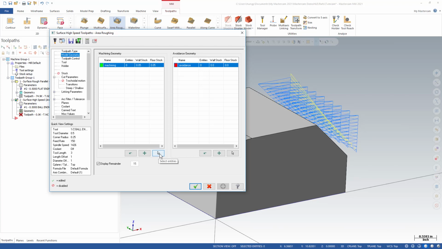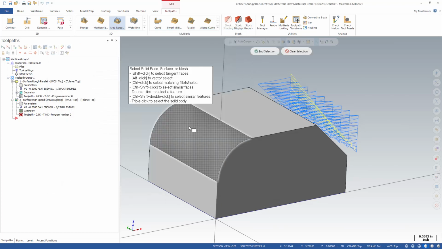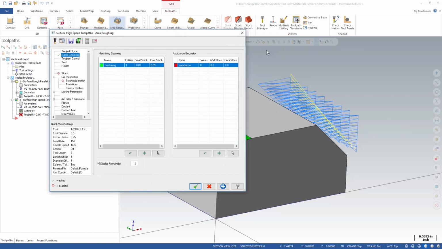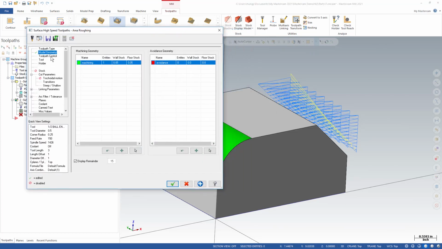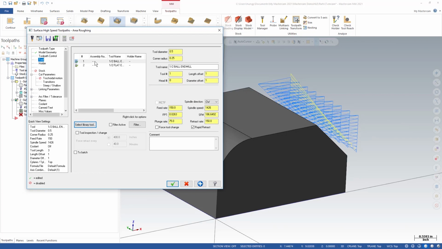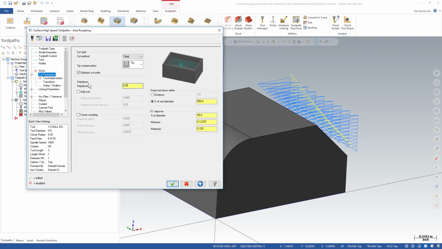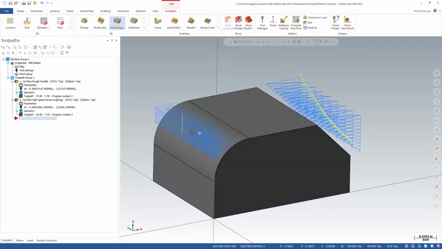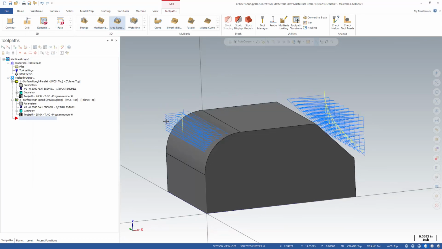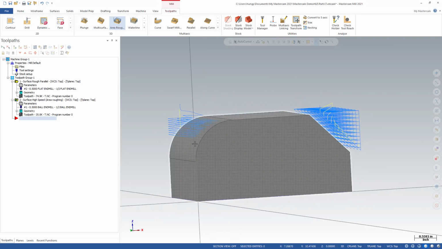And then I want to select this area, this surface, and selection. I'm going to keep the ball anvil. I'm going to keep everything the same. Now, instead of step down 0.1 inch, this by default is 50,000. I'm going to keep that. And OK. So you can see they are 50,000 step down, and you can machine all these small